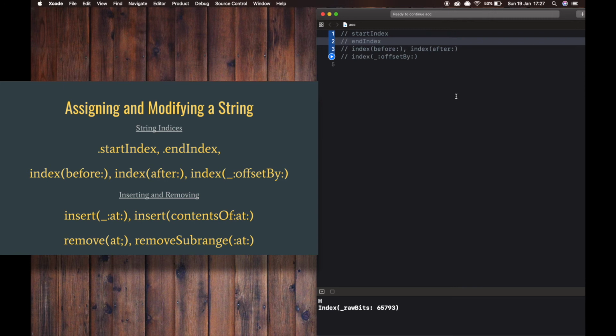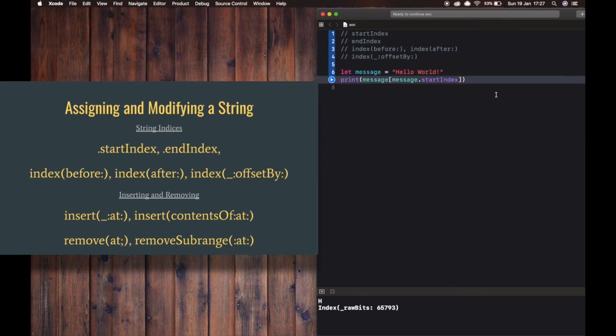As a result, the endIndex property is not a valid argument to a string subscript. Let's take an example. So here we got the position of startIndex, and we access that character in the string using the subscript.